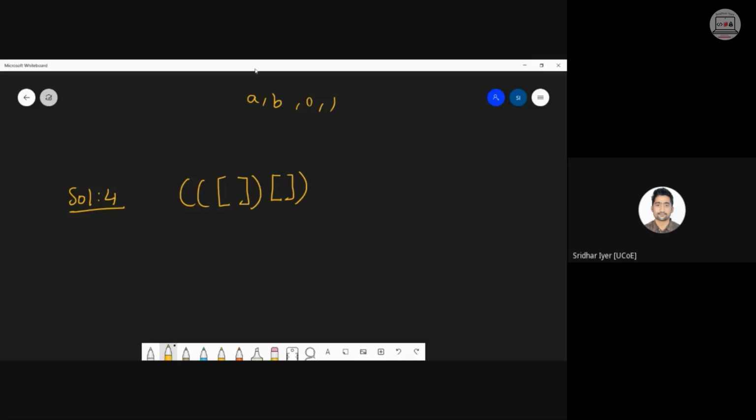On an empty stack it can start in any way. Basically this is something I have shown as an example. It can even start like this. This is also well formed, right? So what you need to consider is you have solved such questions before. Your stack is empty. It can either start with 0, it can either start with 1. Similar logic over here. It can either start with a square bracket, it can either start with a round bracket.